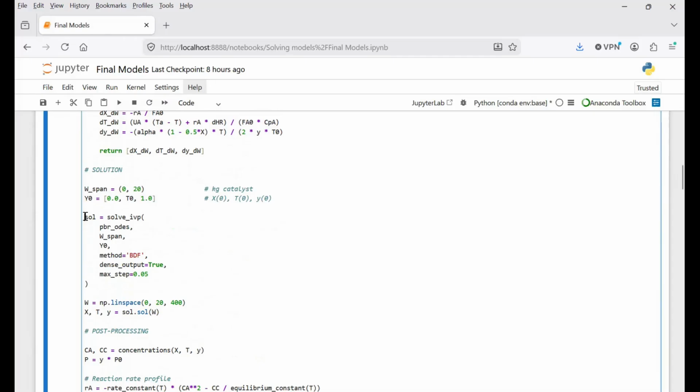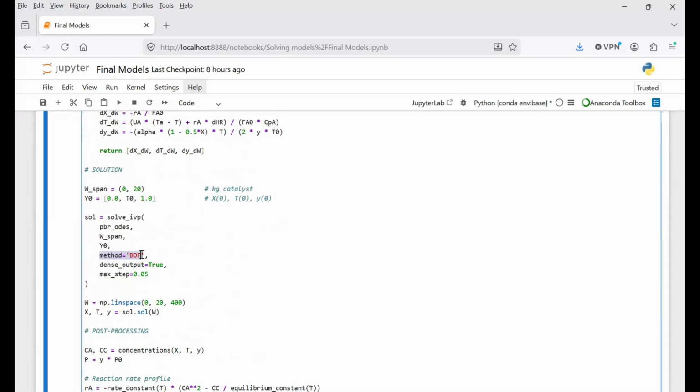Then when you call the function, you store the solution in this variable, solve. So when you call solve_ivp, you pass the function, the range that you want to run for, and then you pass the initial condition. But here you are specifying the method,